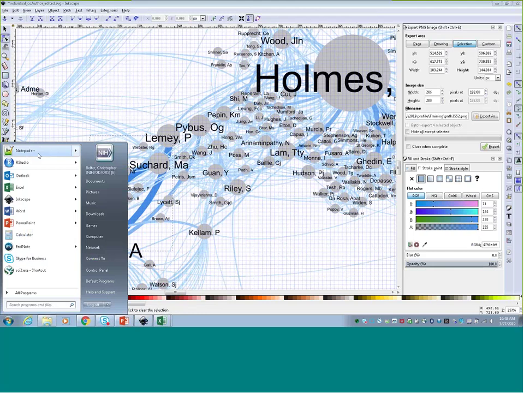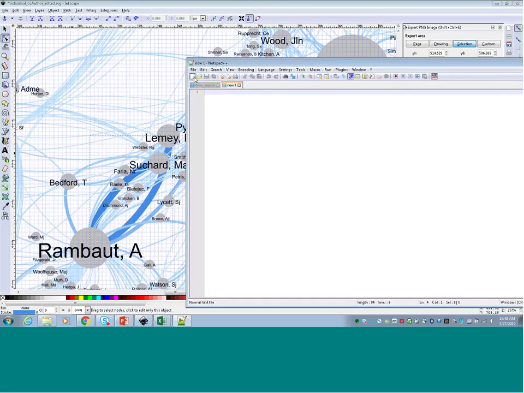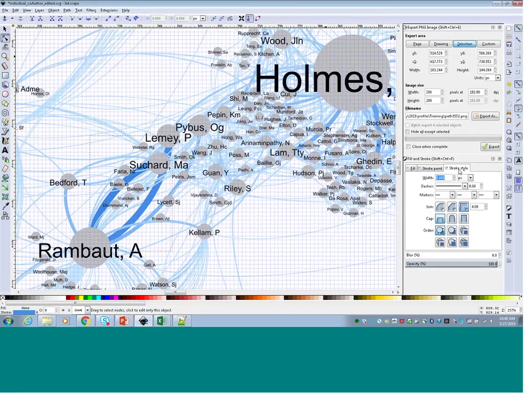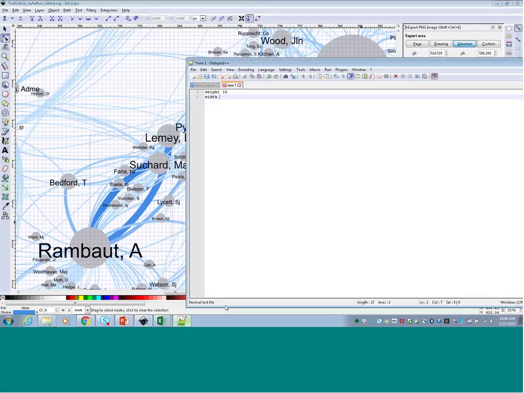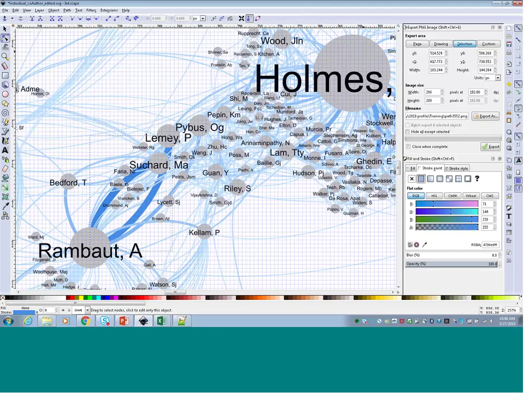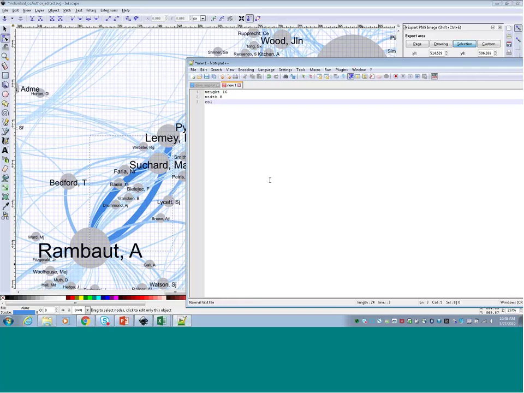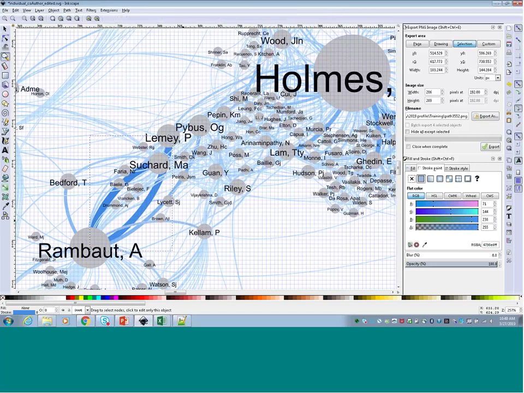So I might bring up just Notepad++, I can say weight 16, width is, in this case, width is 8, and then color is 71, 144, 230. So I don't actually have to remember it. I can just refer to the notes here.